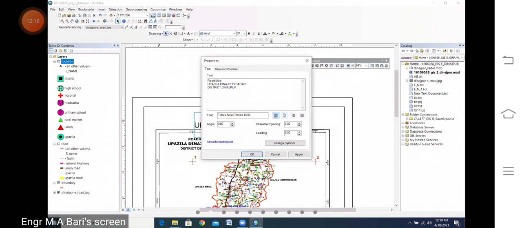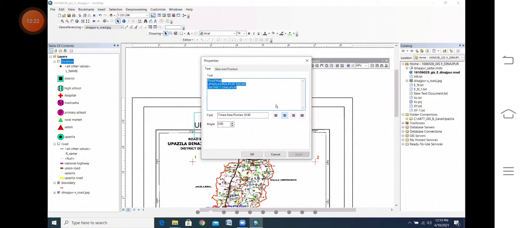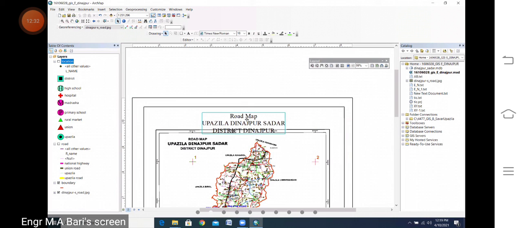Left side, center, right side justification. We are using the center. Apply and okay. Look at these things. This is your title. Please, everyone, practice the title. Click the title and okay.